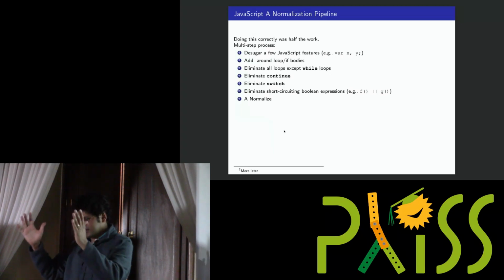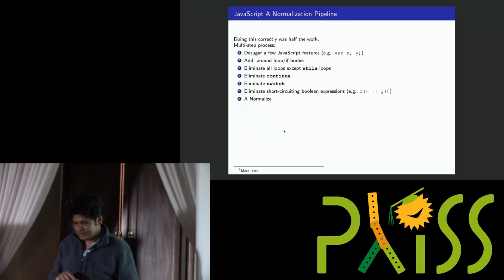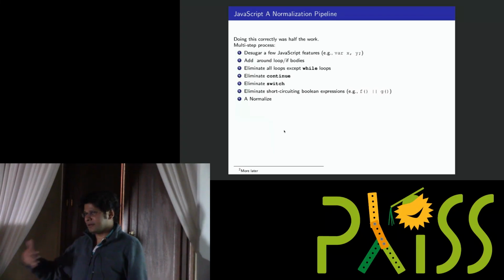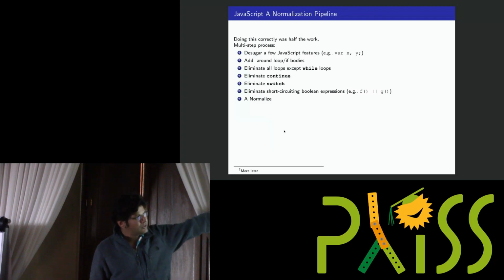We add curly braces around loop bodies and the blocks in if statements. We eliminate all loops except while loops. We eliminate the continue statement. We eliminate the switch statement, turning it into if statements. We eliminate short-circuiting Boolean expressions. So for example,